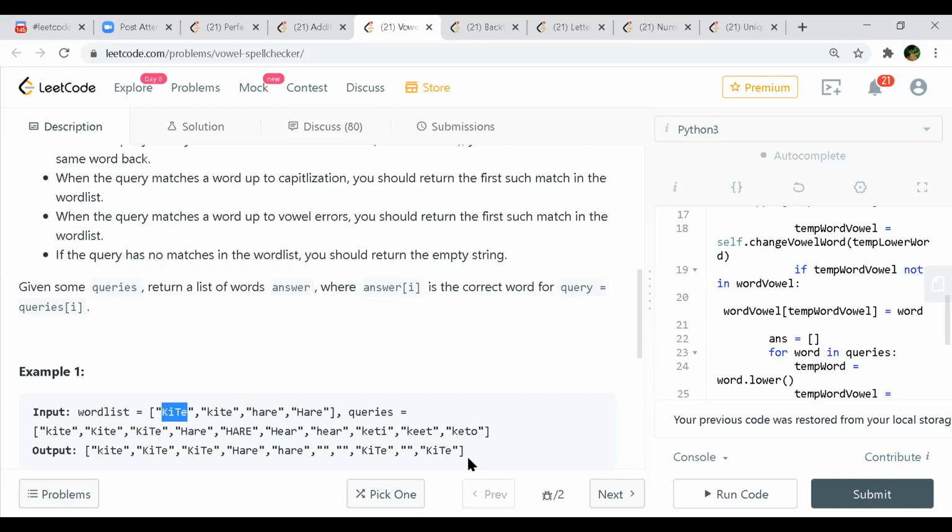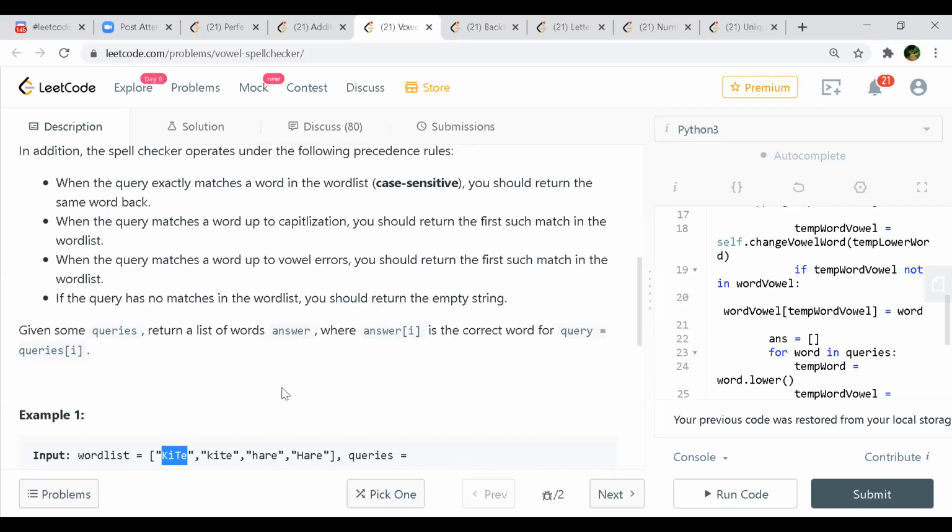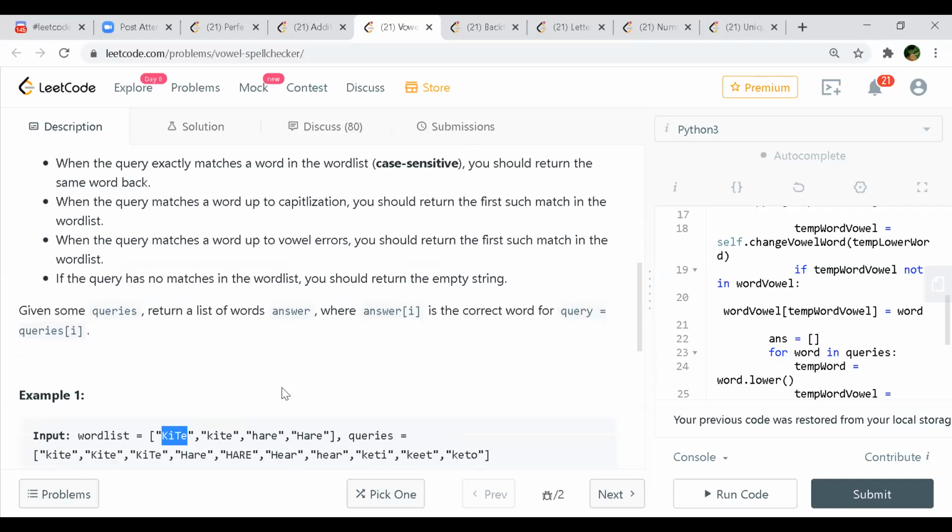Even if you replace with IE, all are small, but here some of them are capital. So if there is case insensitive also, case sensitive, then in that case you can return the first word itself. But first preference is given to that occurrence, right? If I interchange the vowel, I get KIT, the smaller one. So why do I have to go for the capital one? Yeah, I agree with what Harshish says.